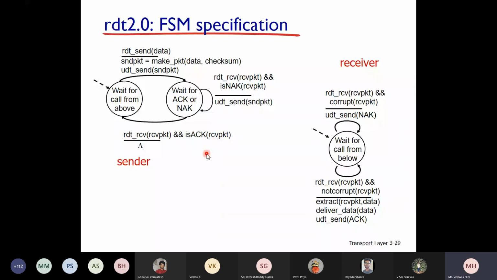This is the principles of reliable data transfer, how reliable data transfer was initially developed, and it was made into the Transmission Control Protocol. These are the building blocks for TCP. If I directly go to TCP and tell you how it works, it is very difficult to understand. That's why it is split up.